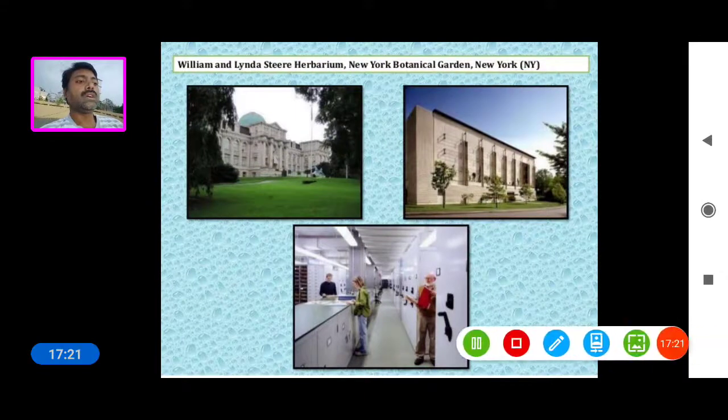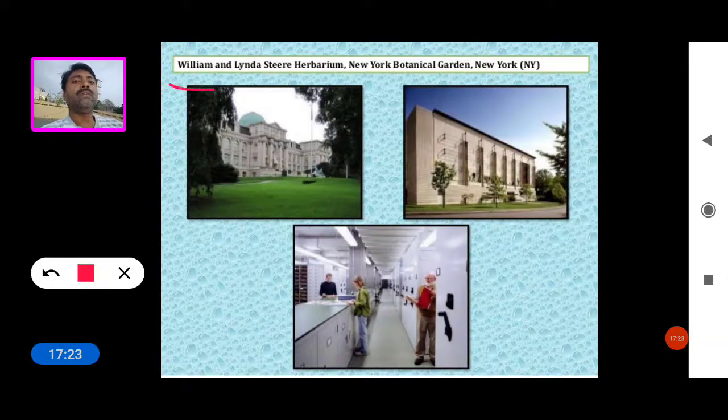This is the William and Linda Steere Herbarium, New York Botanical Garden, New York.